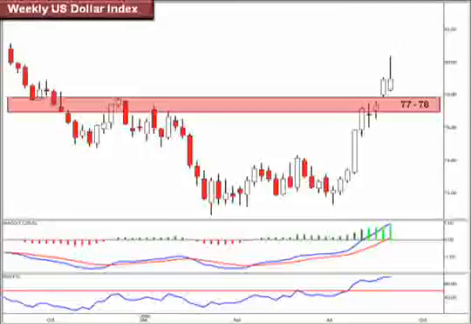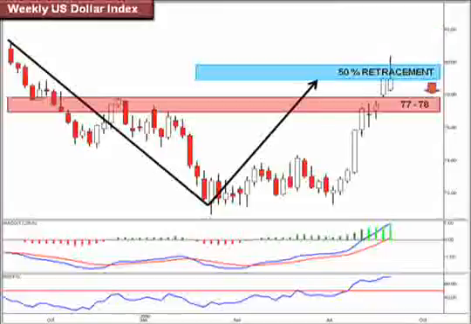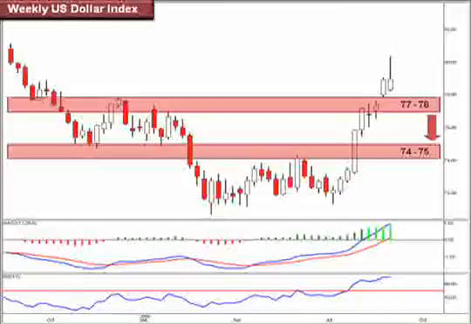We were addressing the break above that 77-78 focal area last week and suggested that if it were to continue forward, we would likely see some resistance and a possible rejection off of the 80 to 82 focal area, which is indeed what happened. We were mentioning that that also represented a 50% retracement on the bigger picture. So at this point, we're looking for a possible continuation down back into retest that 77 to 78 focal area. If that area doesn't hold, our next logical target to the downside is the 74 to 75 range where it broke out of several weeks ago.